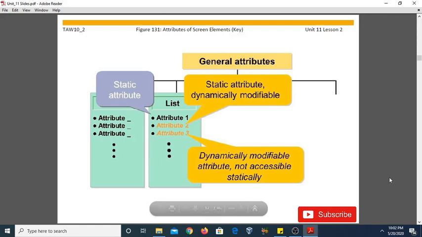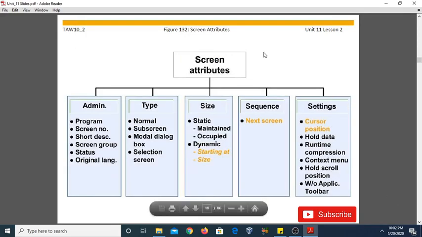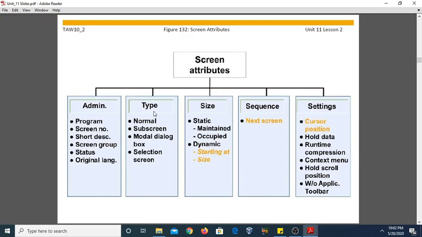Now come to the next topic, screen attributes. There are a number of screen attributes you can see: administrative attributes, type attribute, size attribute, sequence attribute, setting attributes. Administrative attributes like program, you can define the program related to a particular screen. Screen number you can define, short description, screen group, status, original language. Similarly, we have the type attribute: the normal type, that means the simple screen.